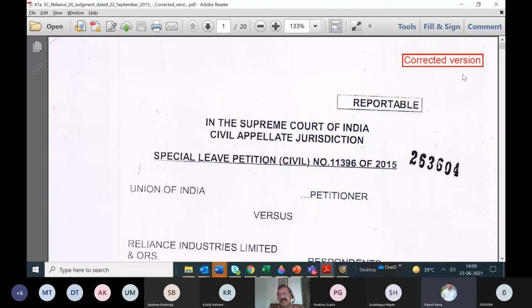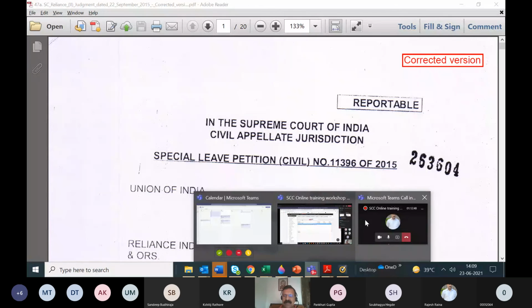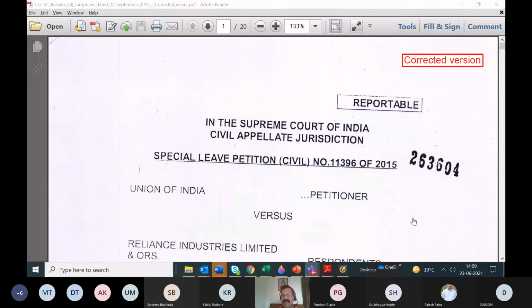Now, in our SCC journal also, we have published this information incorrectly because this corrected version was not with us till the time we had published it. So in the digest notes, we have corrected it. But as far as the true prints and the full text are concerned, the corrected version entries are still not there. So the idea was to share with everyone that in spite of all our efforts,